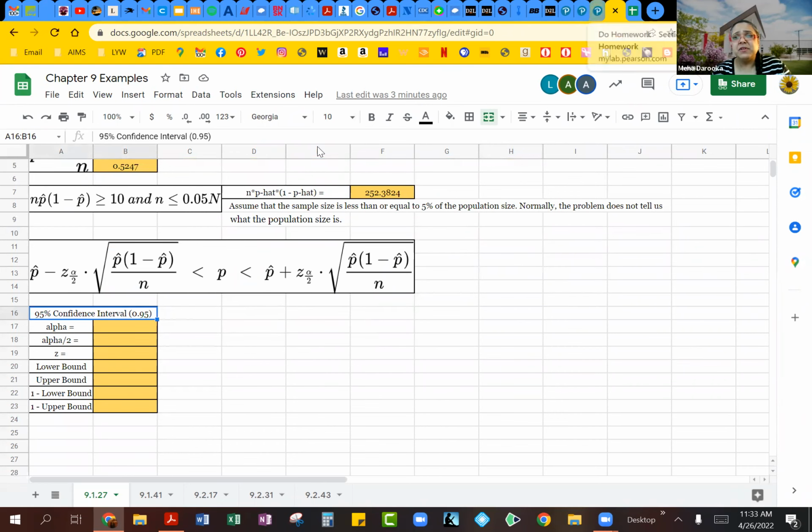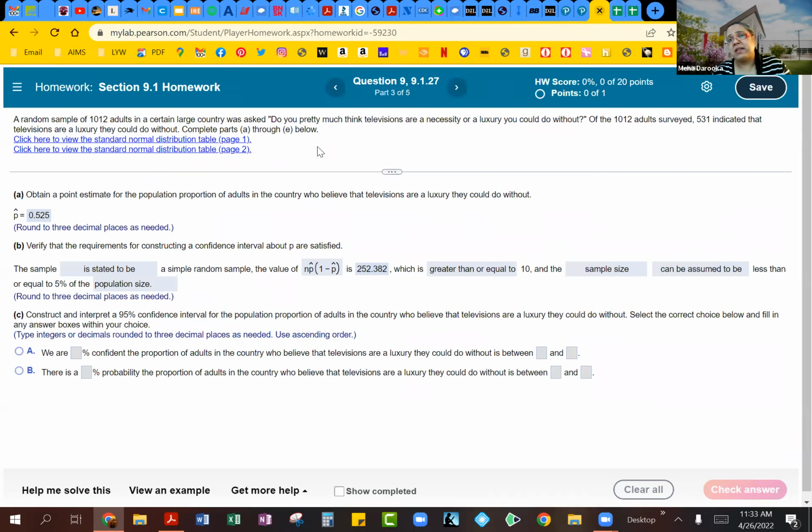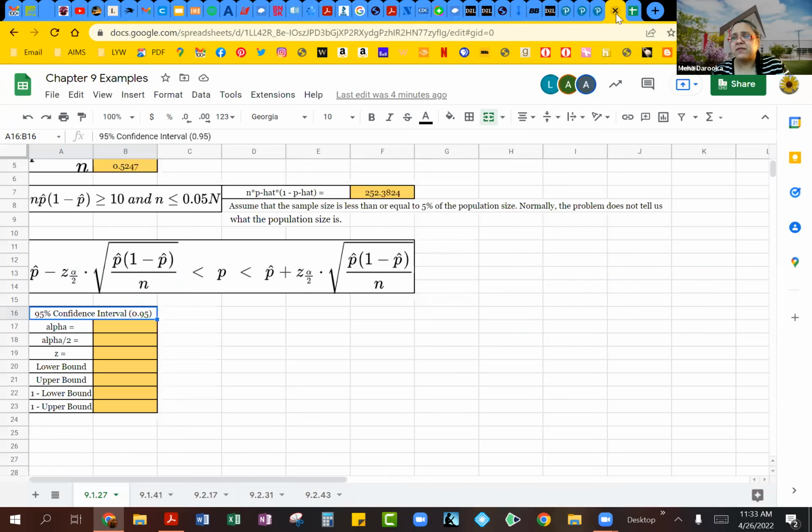Your confidence interval can be 90%, it can be 92, 93%, 97%, 99%. It can actually be lower than 90% also. Sometimes you'll see 87, 89% in there. So again, be careful. This one is 95%, but you will see different confidence levels in different examples. So 95% converted to a decimal is 0.95. So you have to actually calculate your alpha value, and alpha value is always going to be 1 minus whatever that confidence interval is.